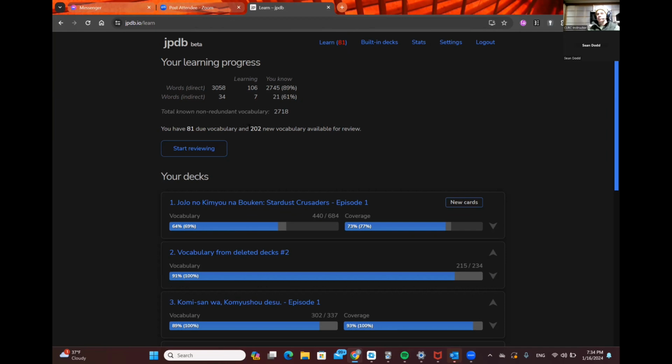And as you get new vocabulary words, if you know the word, you just click that you know it. So there's no sense in which you have to relearn a word, which is something, for example, that happens in WaniKani. If you use WaniKani, you kind of have to start over. You can also import your WaniKani card status into JPDB if you have WaniKani. That's a thing you can do.